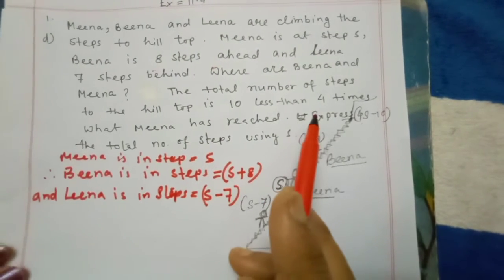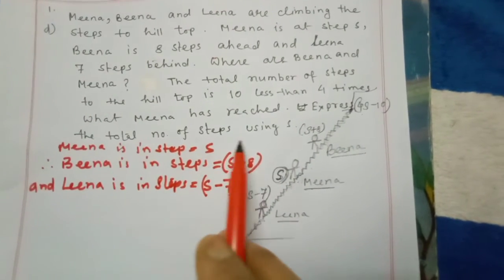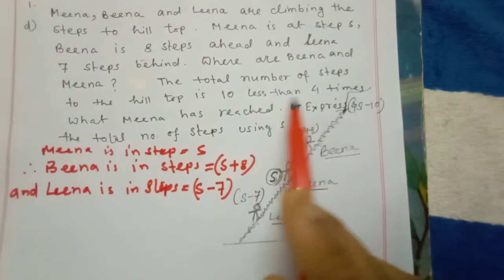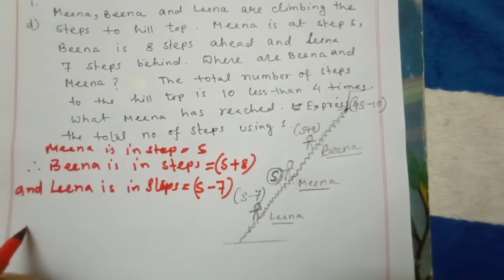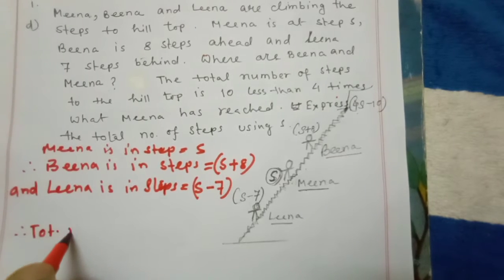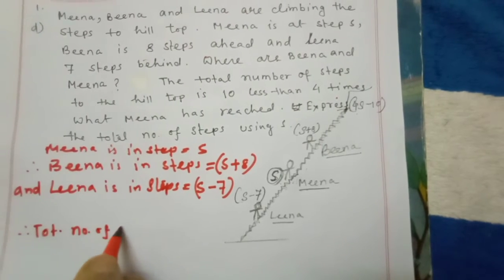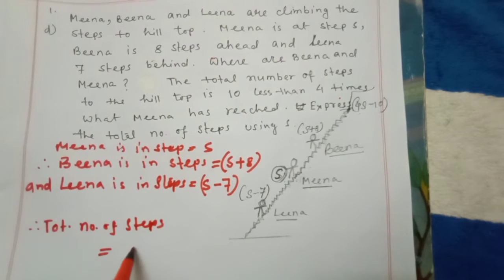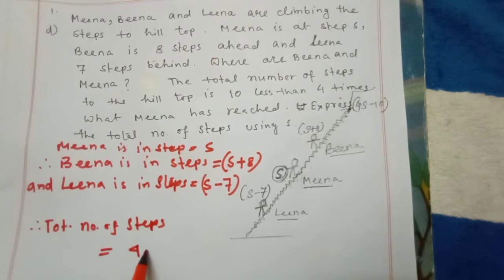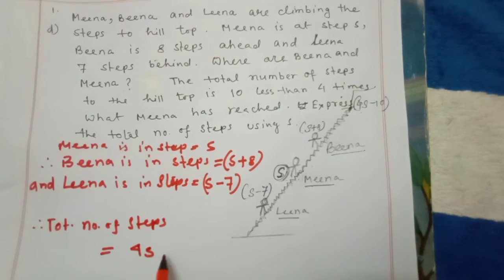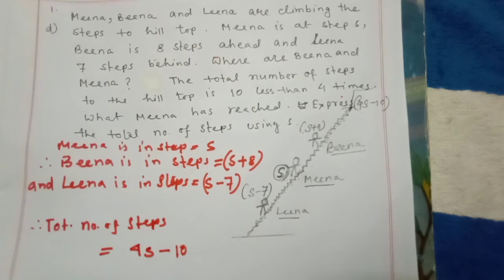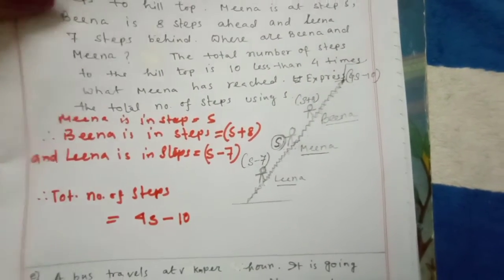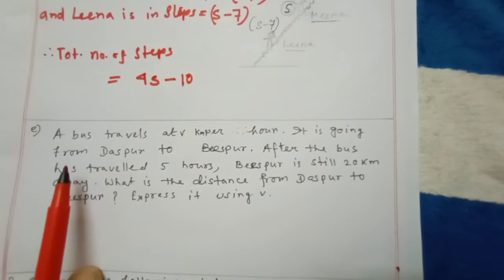Now, what is the total number of steps of the hill? It is 4 times what Meena has reached. Therefore, the total number of steps is four times Meena's steps and 10 less from that. So 4S minus 10. Understood? Next question is,